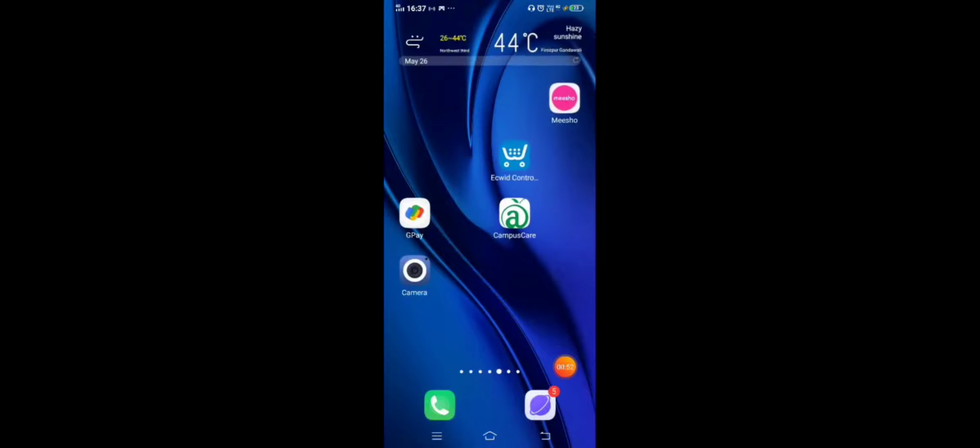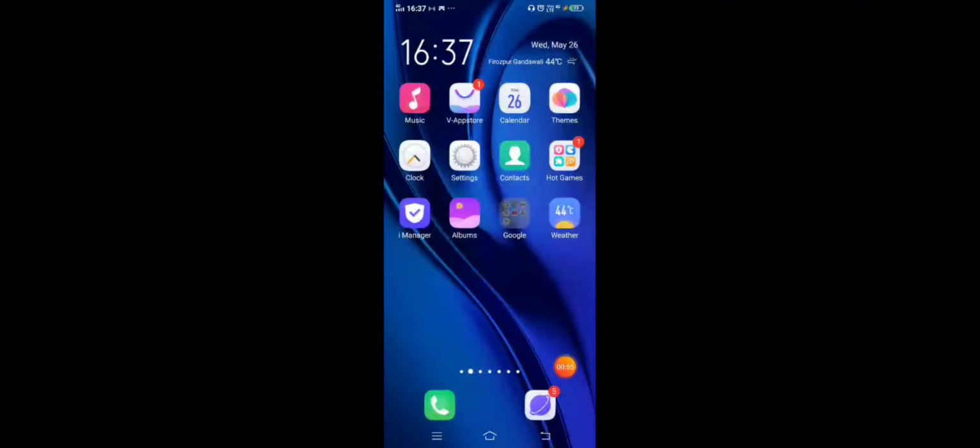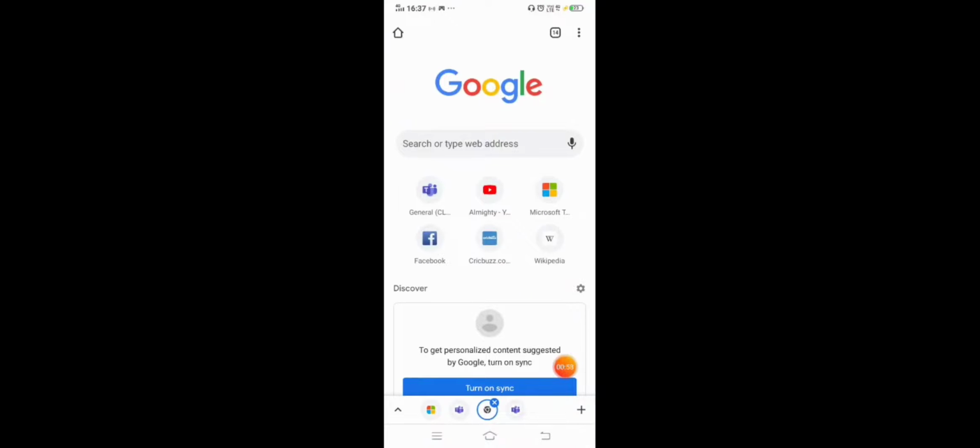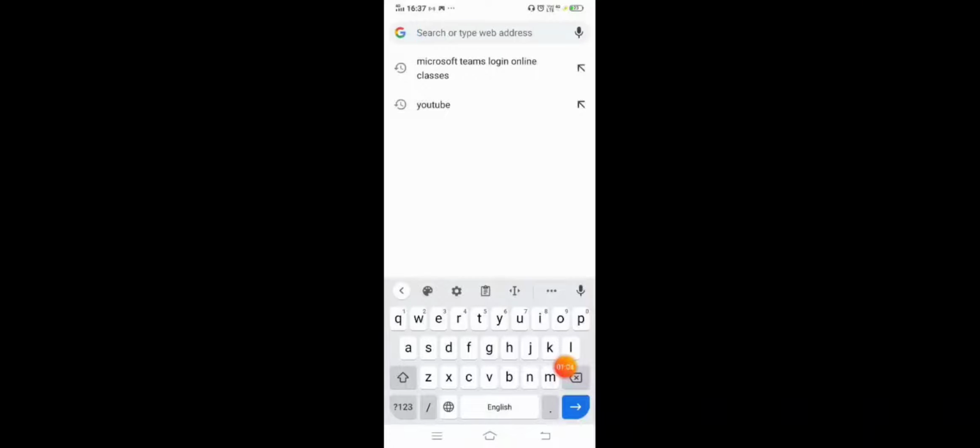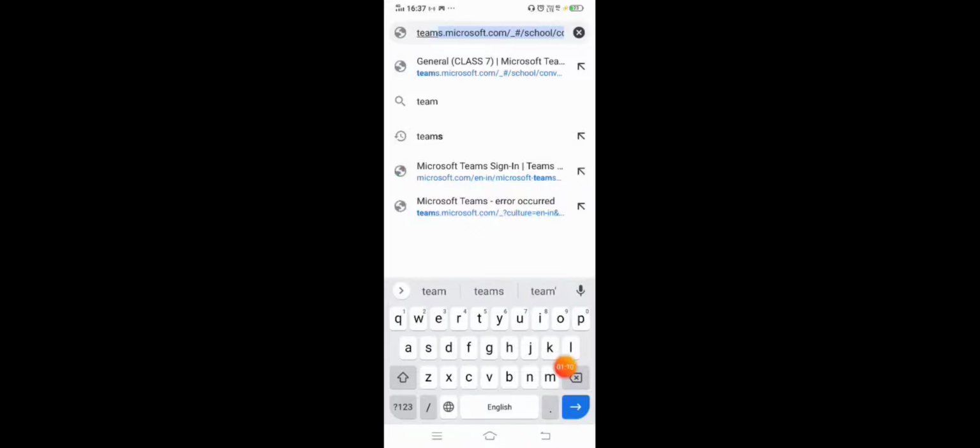online. So I will go to Chrome. You can find out where Chrome is in your phone. So I am here, and I will search Teams sign in, Microsoft Teams sign in. Here you see this icon with 4 boxes, red, green, blue and yellow, which you are seeing on my screen. In this type of address you have to click and you will reach here.